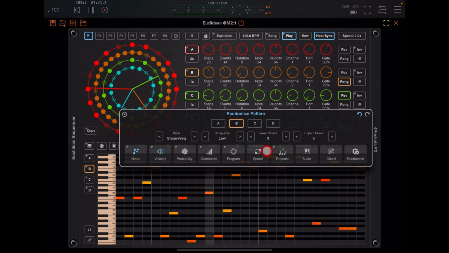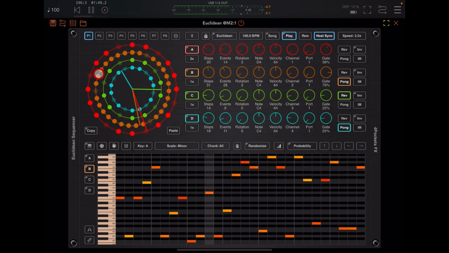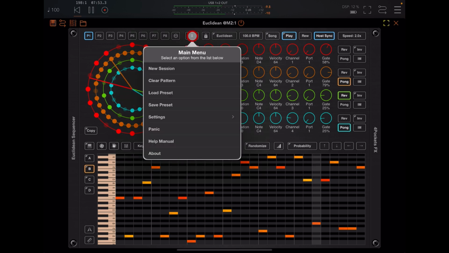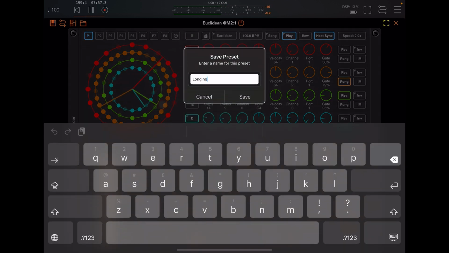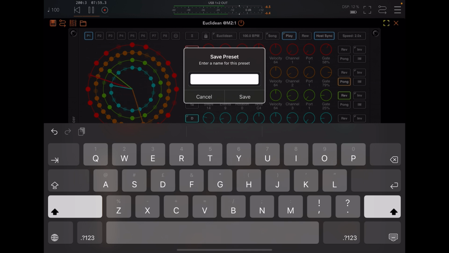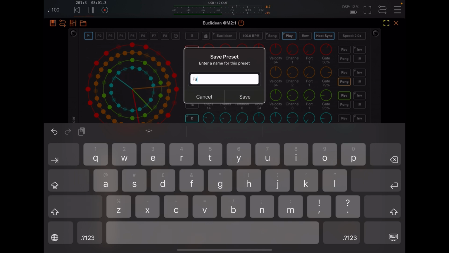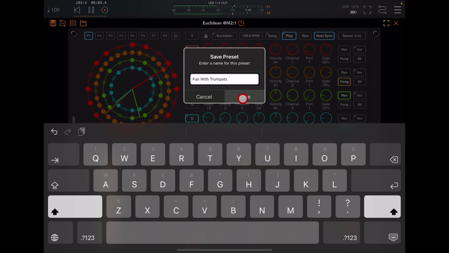We can control the range of the octave, the lower octave and the upper octave for the sound. Very nice. And when we're happy, we can save the preset. And I'll call this Fun with Trumpets, just so I know where I'm at. Hit save,